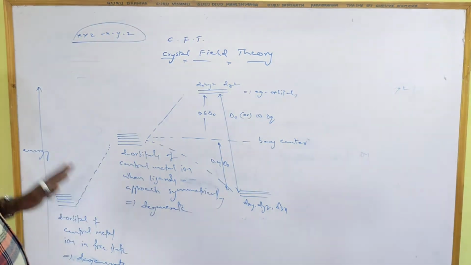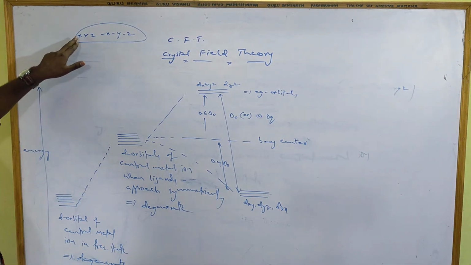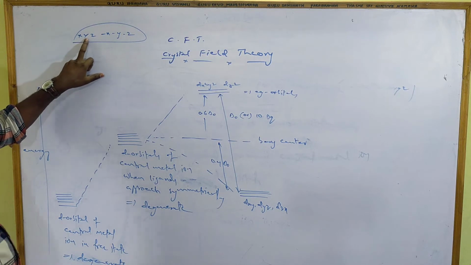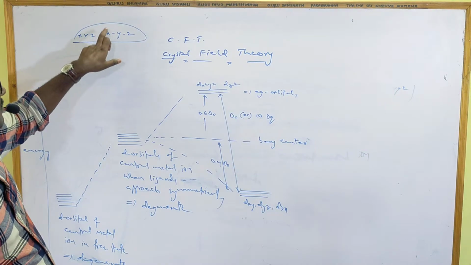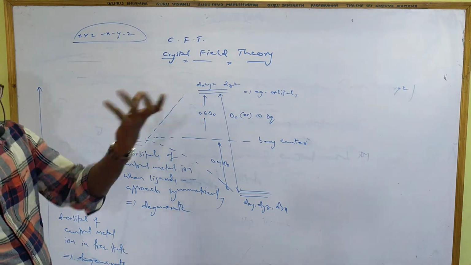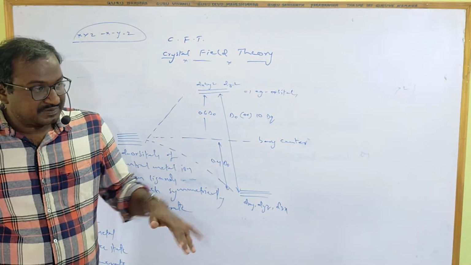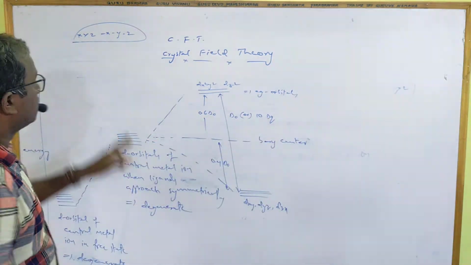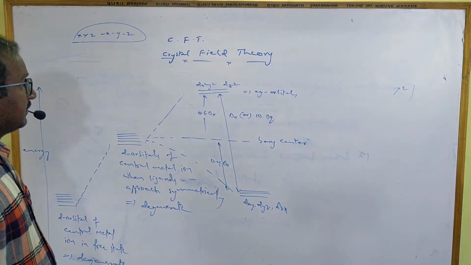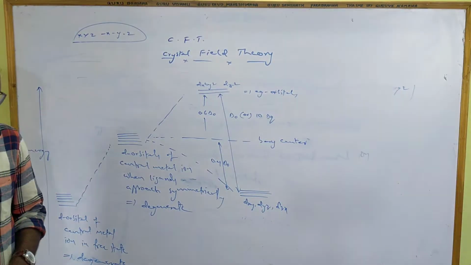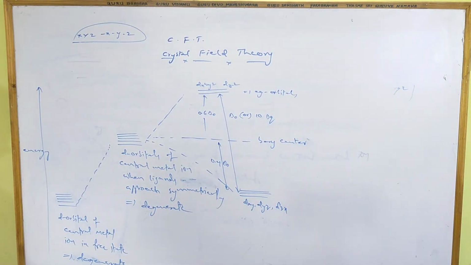Like this, d orbital splitting takes place in octahedral complexes when 6 ligands approach the central metal ion along the x-axis, y-axis, z-axis. First 3, then minus x, minus y, minus z, meaning from the opposite side. Suppose this is the x-axis. This side we call plus x, and this side we call minus x. So this is d orbital splitting in octahedral complexes. I think everybody got some idea how d orbitals are splitting.